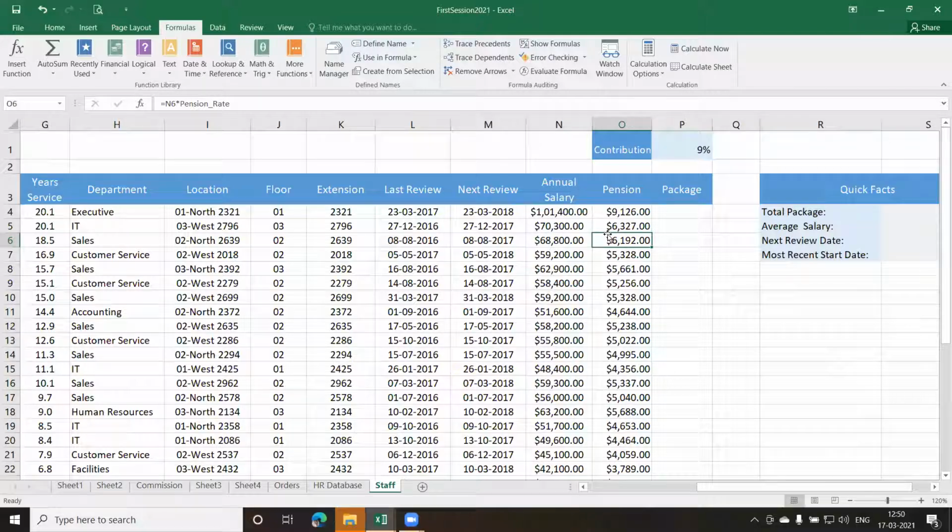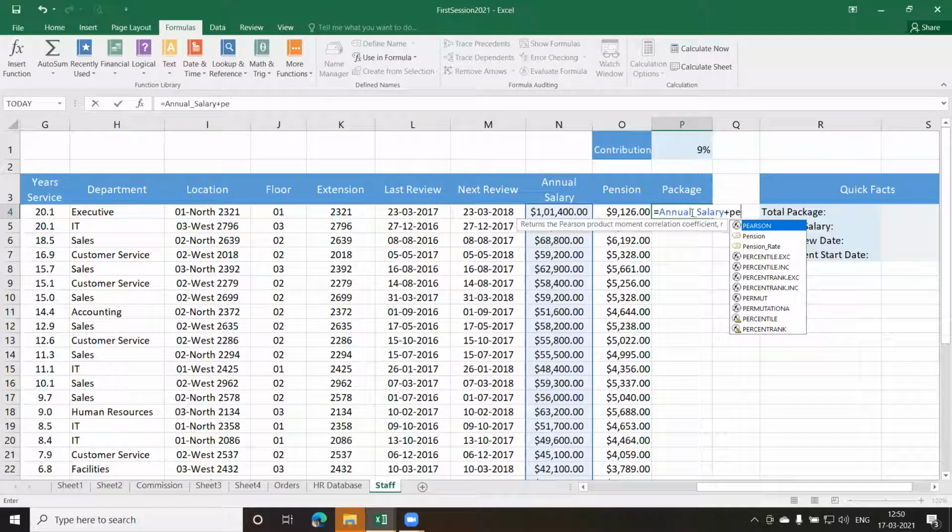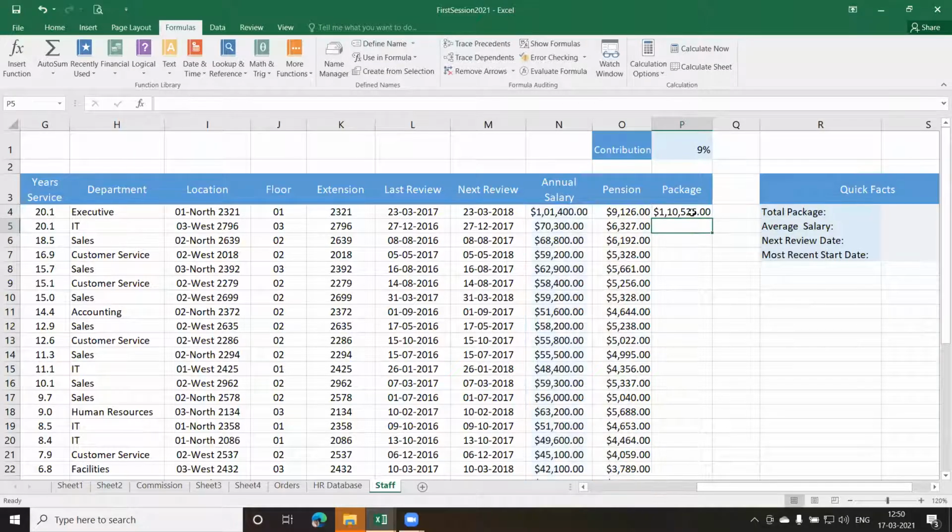Now the package will be the annual salary plus my pension. That is my package. So I just have to give equal to annual salary plus pension, and press enter. I get the exact value. What is happening? The whole range is not getting added. Please remember, this value depends on N4 plus O4.